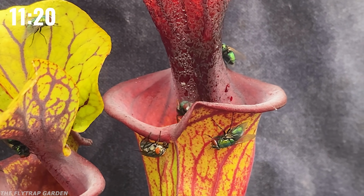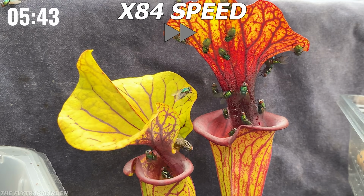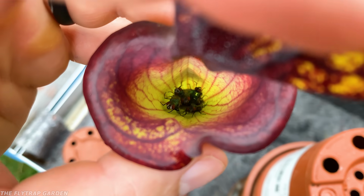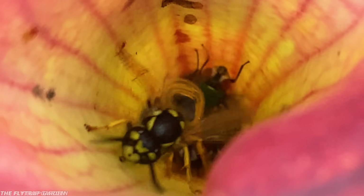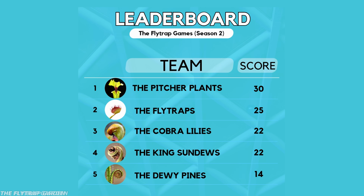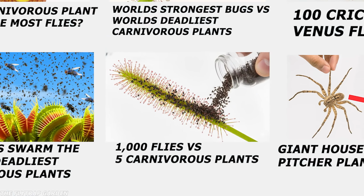Now Sarah is so effective at catching flies, I'm not going to even bother with counting how many bugs she just ate. She has completely filled herself all the way up to the top with them, so clearly she has won today's event. But that doesn't mean the rest of the competition hasn't become closer. Sarah has retained her spot at the top of the leaderboard, but with one more event left before the finale, every spot is still up for grabs, especially if Sarah comes in last place and the Flytraps win